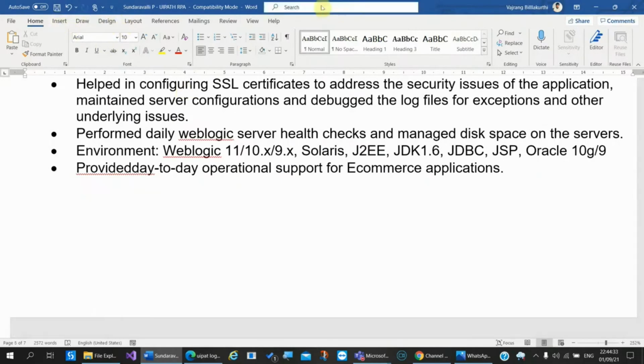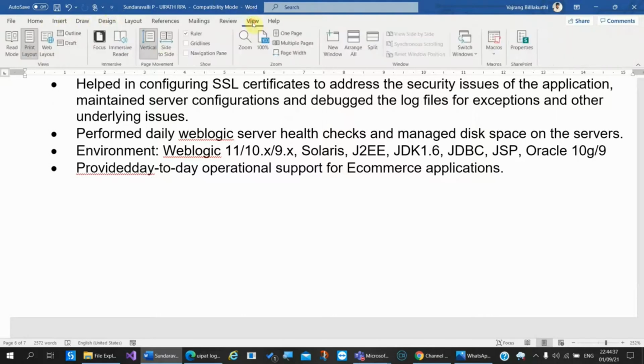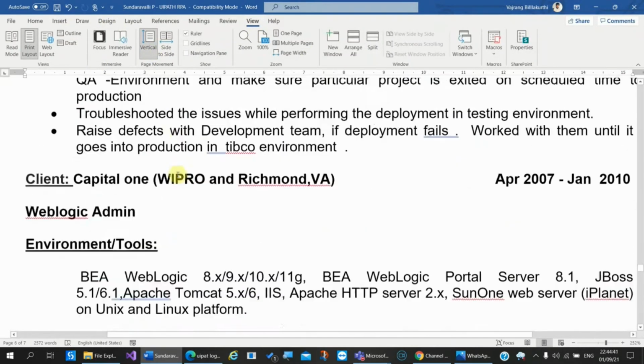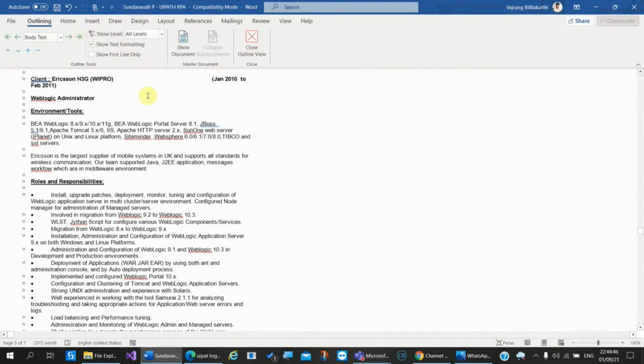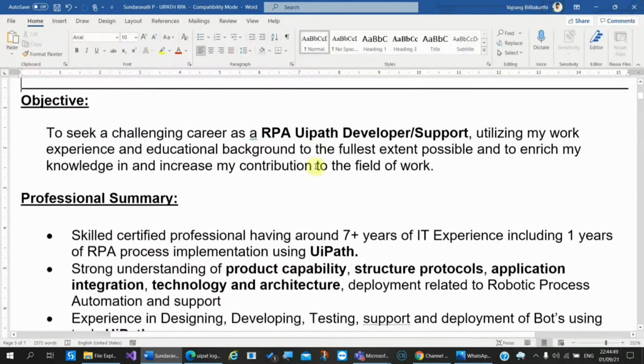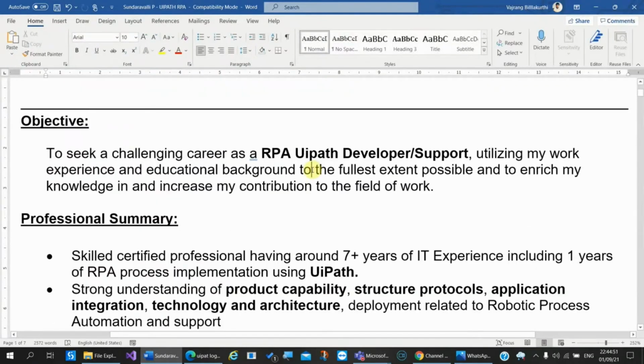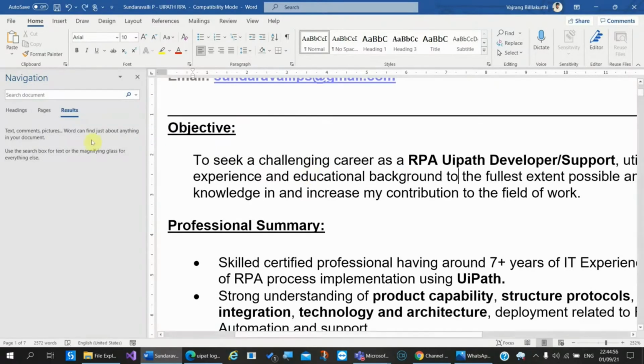Actually, I certified in WebLogic also, but I didn't update it. You can update it if that helps you. That shouldn't be a problem. Okay, so let's see if there is any tab with certifications. So what you can add is: certified RPA developer seeking